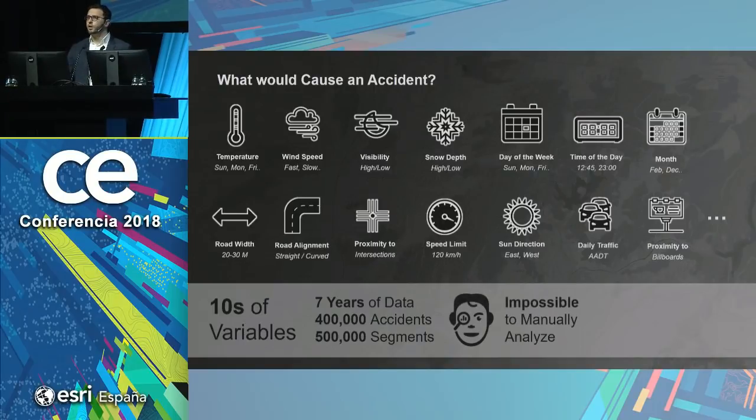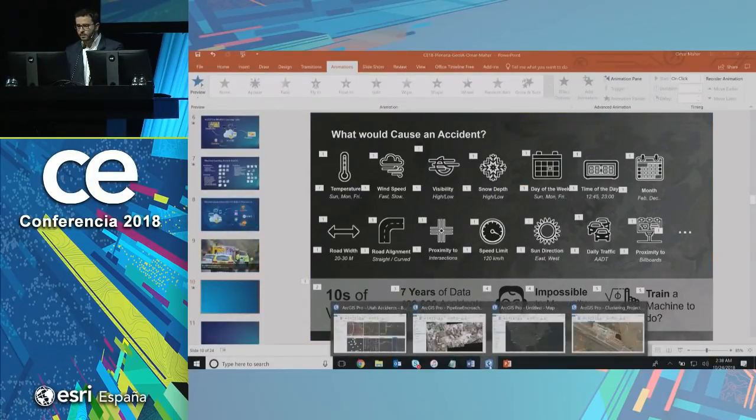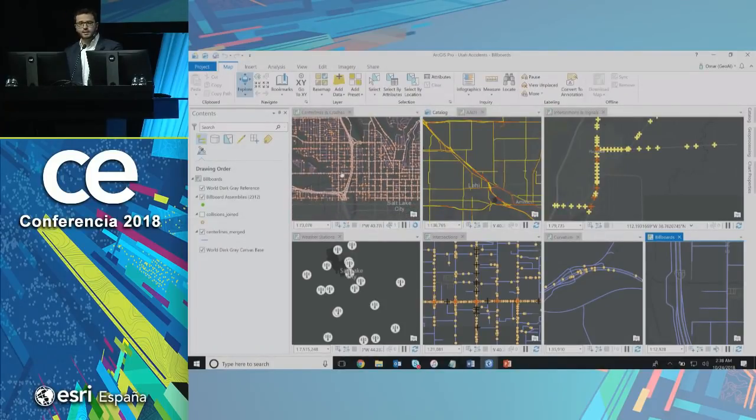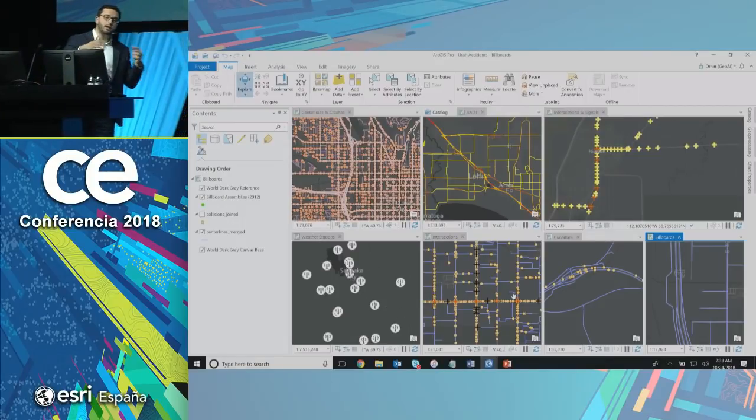It's nearly impossible for any human to analyze these manually and figure out where accidents are going to happen, but we think machine learning has a shot for that. And for this, we have used ArcGIS with machine learning to predict where accidents are going to happen. First, we start by collecting this data. We got the historical accidents data, road network layer, the average daily traffic, the signalized and non-signalized intersections, weather from 27 weather feeds, and we started calculating some spatial attributes.